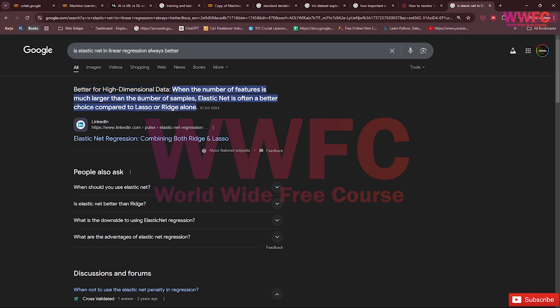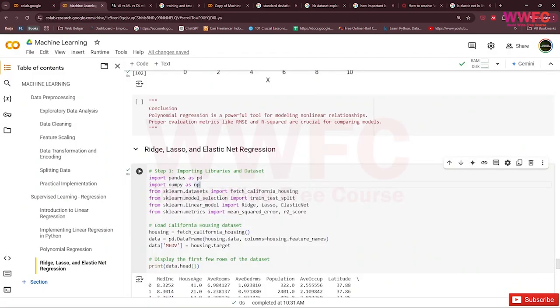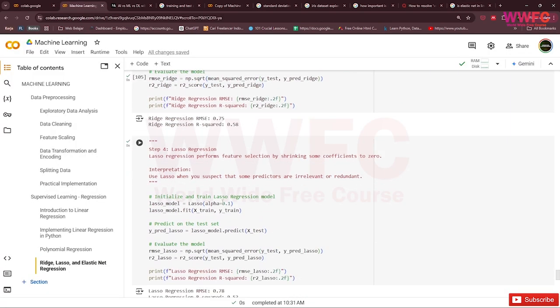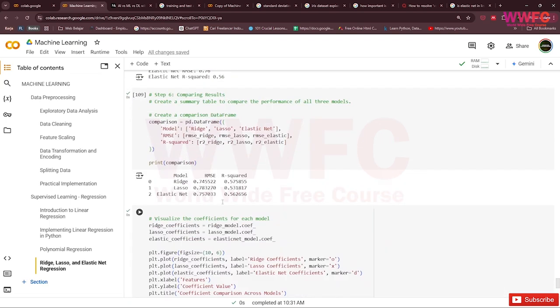When the number of features is much larger than the number of samples, ElasticNet is often a better choice compared to lasso or ridge alone. Actually, in our example there's not much difference in the output of ridge, lasso, and ElasticNet. It makes the data itself somehow good, because there's not really a difference here.